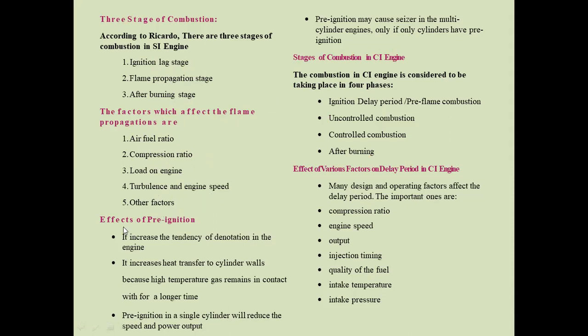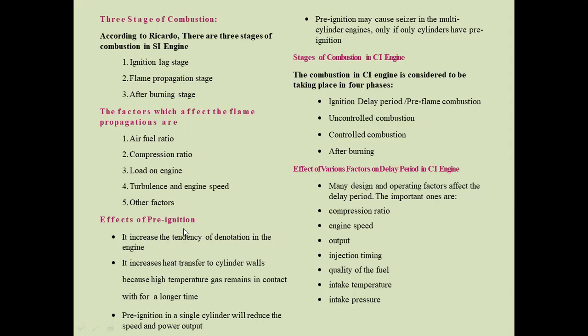Next we can discuss pre-ignition. Pre-ignition means that in SI engines there will be some self-ignition. What is the meaning of auto ignition and self ignition? Generally in the SI engine, only with the help of the spark plug do we ignite the hydrocarbon molecules. But if pre-ignition happens in the combustion chamber, because some hydrocarbon molecules are present in the chamber, under some peak condition or any other condition that hydrocarbon molecule will burst, and that is self ignition. If pre-ignition happens, knocking and detonation will occur in the combustion chamber.